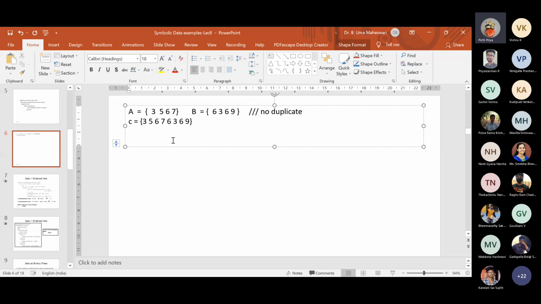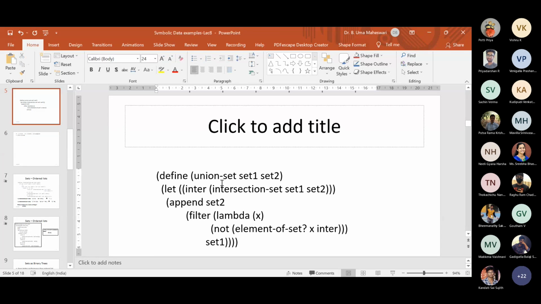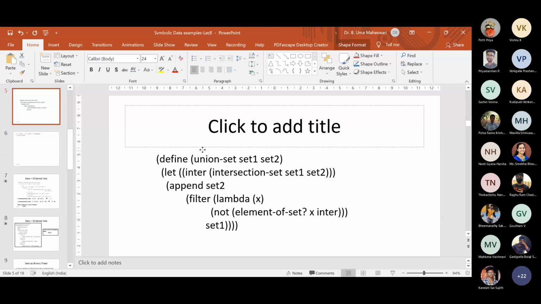Yeah, that's what. So you will compare, and if it is already inserted, you will not insert it again. Okay. So now let us look at this code. Can you understand this one?